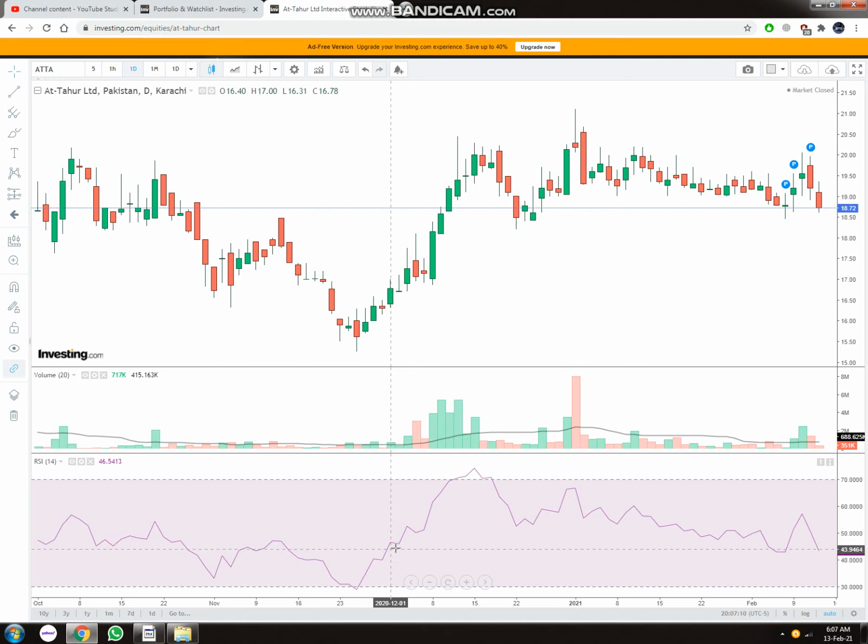Now you can see that this candlestick showed bearishness, but the overall trend was bullish, so the market moved in the upward direction. Now this candlestick also showed bearishness, but the bears were weak at this candlestick, so the bulls were strong at this level. You can see that the bulls pushed the market upward and the overall trend was an uptrend, so the stock moved upward.